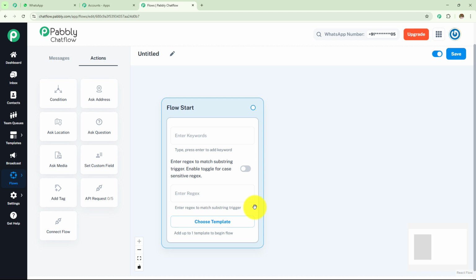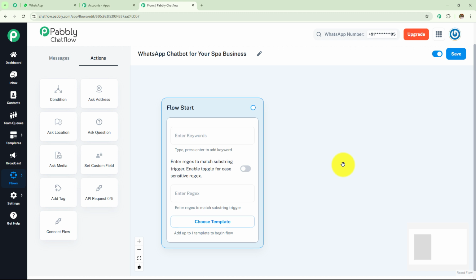Now here we are done with the explanation of all of these options and buttons, and now let's quickly start creating this WhatsApp chatbot. But before we start this WhatsApp chatbot, let's name this WhatsApp chatbot to WhatsApp chatbot for your spa business. Now we have to start creating this WhatsApp chatbot.